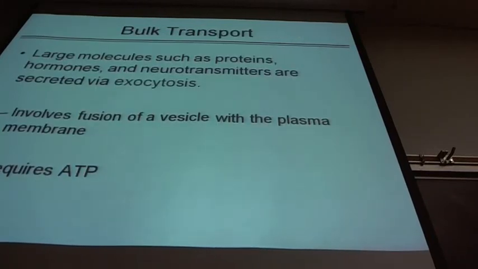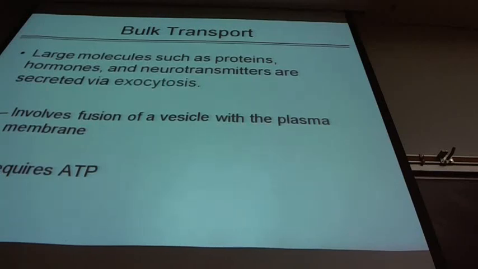Bulk transport. Large molecules. So have you got that? The smaller stuff is absorbed by the epithelial cells, or some of it, once it gets in there, can move through the junctions of the epithelial cells. But then it's pushed to the opposite side, out into the cellular matrix, where it can be absorbed into the bloodstream